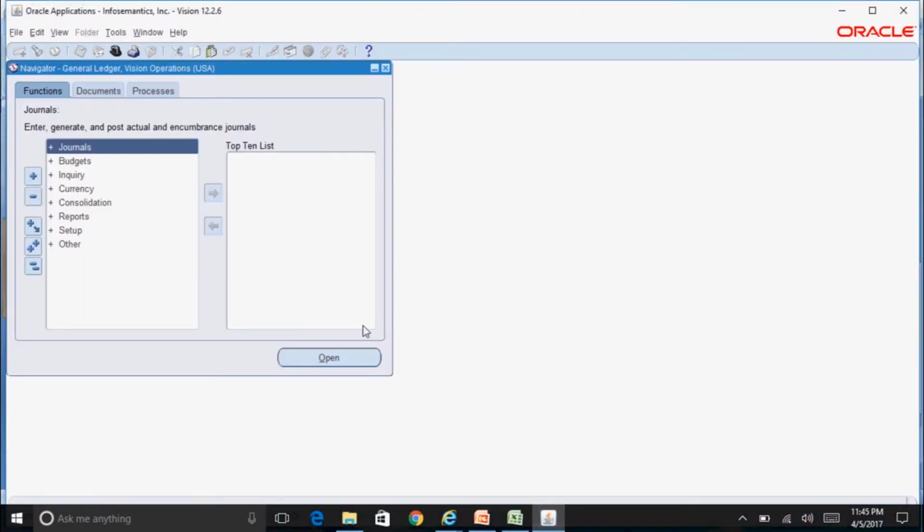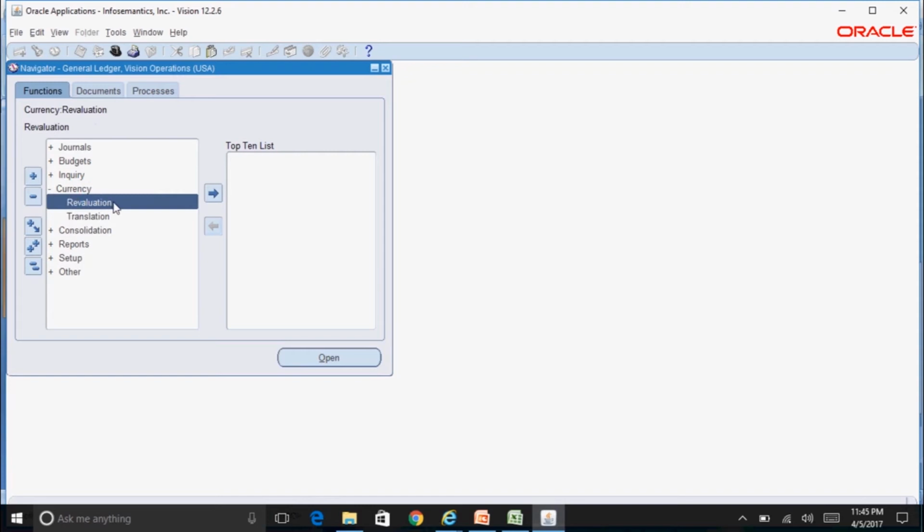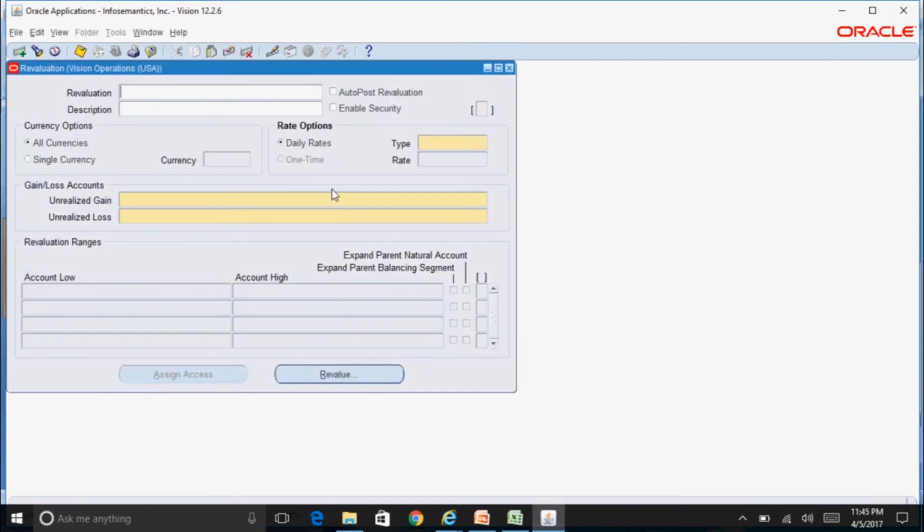So first we need to log into General Ledger Vision Operations Responsibility, and then go to Currency Revaluation. So this is the place wherein you define your revaluation template. I'll just give a name as a test reval template.